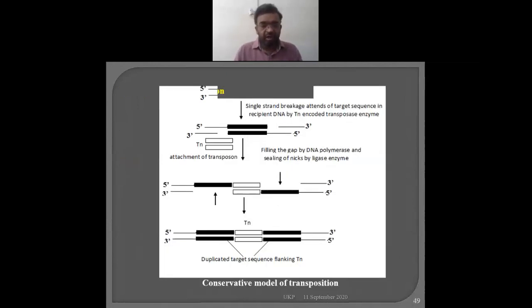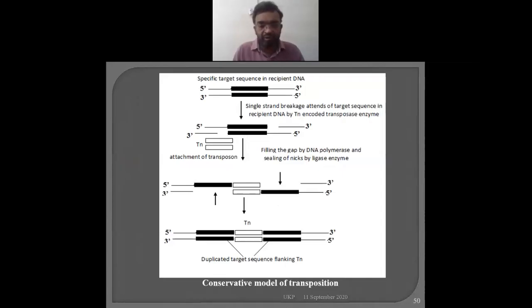Now we are discussing how it occurs in the case of the conservative model. Here, the transposable element is a part of a DNA, and whenever it gets detached, the most important thing is that it gets cut here. It means both the strands get cut here also, and in that way these parts get separated from the chromosome. While the sequence where it wants to incorporate this particular transposable element is also recognized, and at this site where the transposable element should be inserted, there is a different strategy.